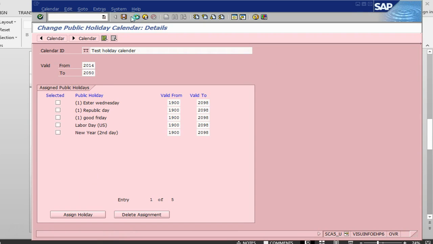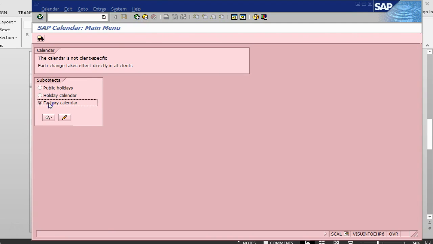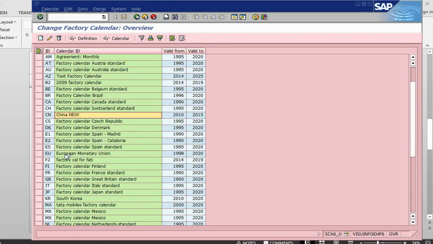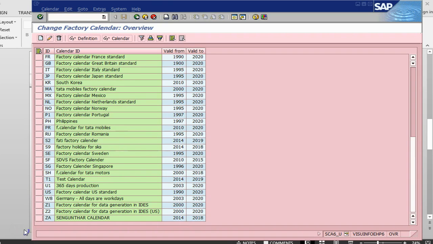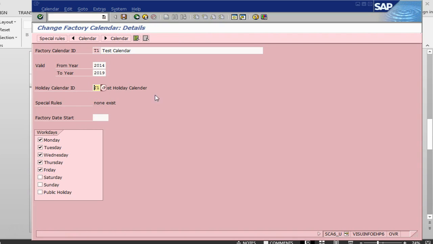Now once I've created the holiday calendar, the next step is to create a factory calendar. Again I select this one and go into the change button. I have the option that if I have a calendar here which I want to use, I can just go and change it. Like I have a test calendar here, I can go into this calendar, click on the change button, and then I can change it. I can say TT is my holiday calendar, test, I'm changing the description, factory calendar,